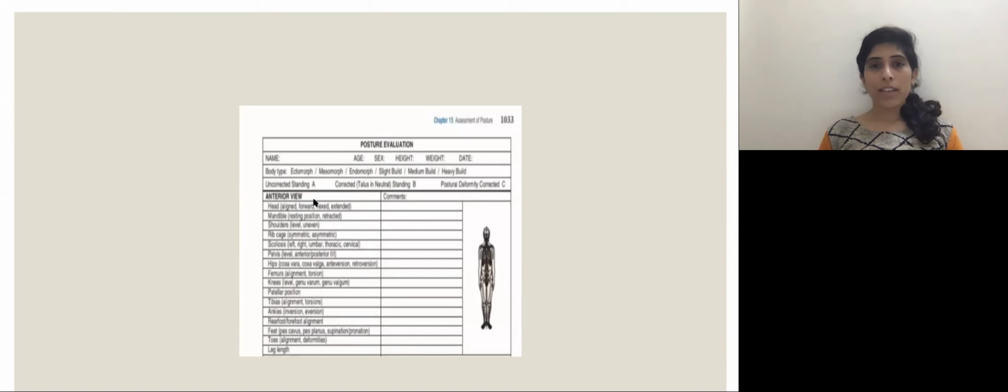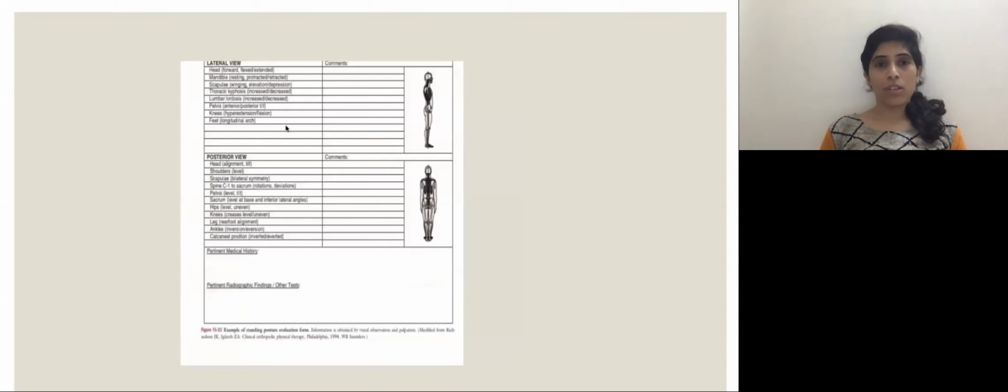Then we'll check the ASIS. Then we'll look for any pelvic position change, that is pelvic hike or drop. Then we'll check the knee joint line and patellar position. Then both feet should be checked. Whether the malleoli levels are equal on both sides or not, and whether there are any toe deformities. Then in the lateral view, again we'll check the levels, and we'll also check the arches of the foot.